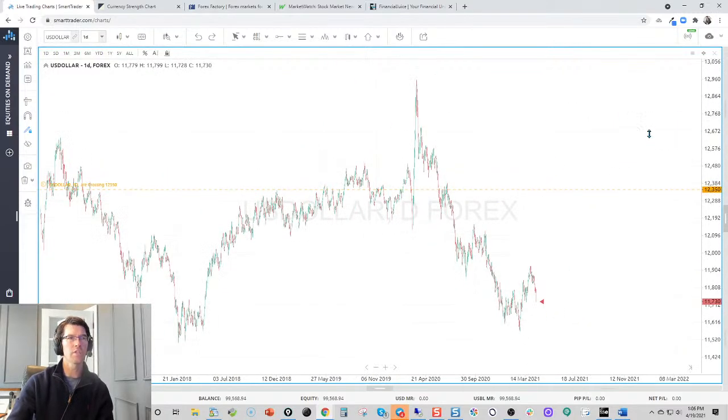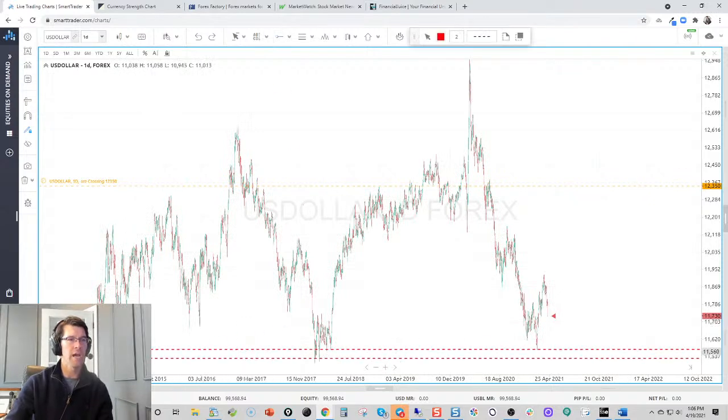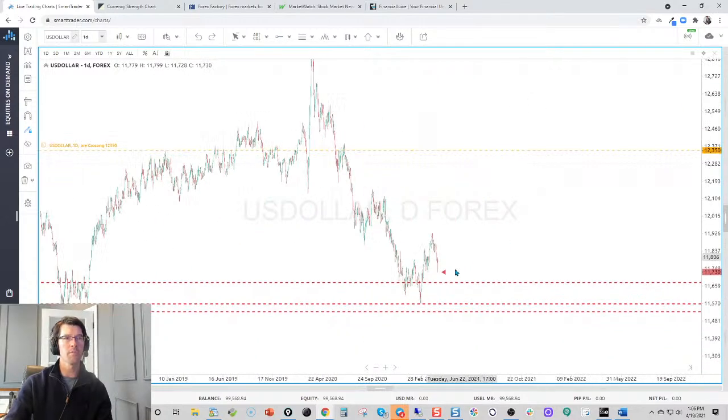Okay. Look left on the higher time frame. This is the dollar index. Massive support down here that I'm going to go ahead and highlight in a couple critical spots. Also some support levels in here. So, if we're talking about accumulation areas, this is certainly one spot that the dollar bulls would be looking to